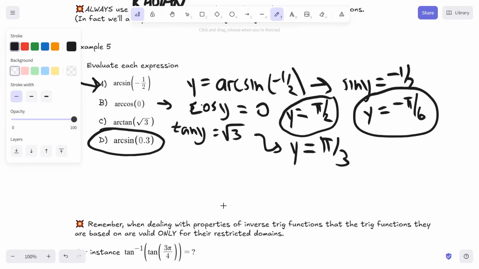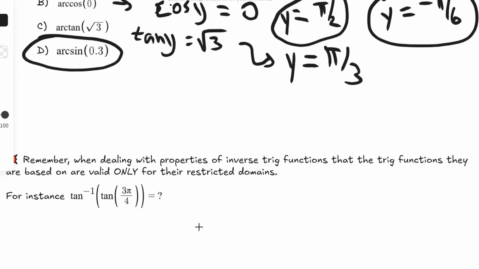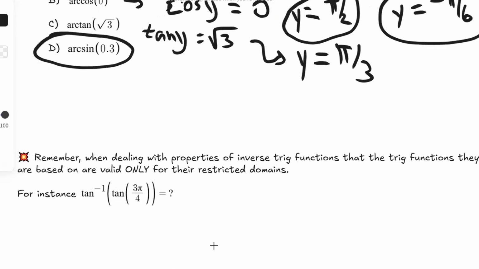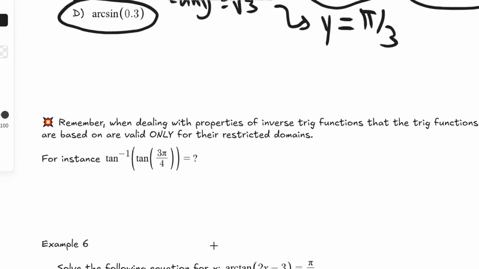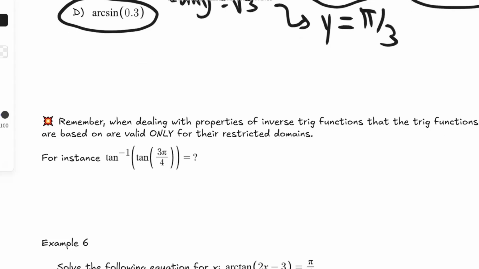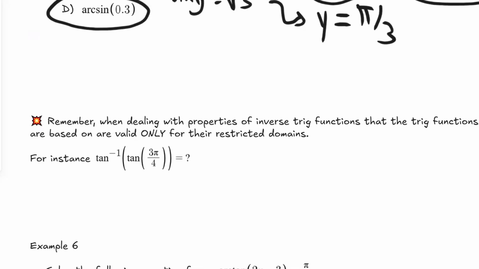Remember, when we're dealing with properties of inverse trig functions, that the trig functions they are based on are only valid on their restricted domain. So for example, if we have the tangent inverse of the tangent of 3 pi over 4, that is not going to be equal to 3 pi over 4. It is true that tangent inverse is going to, quote, undo the tangent, but only for values on the restricted